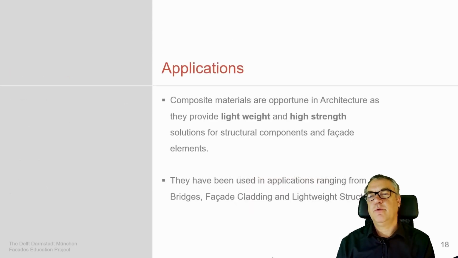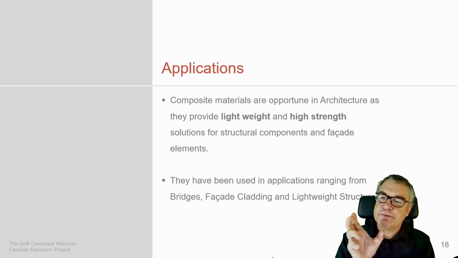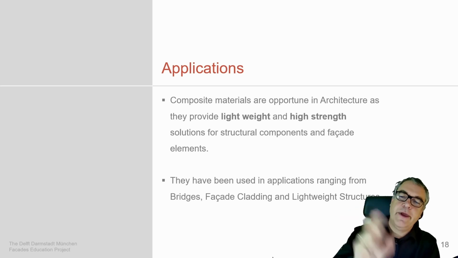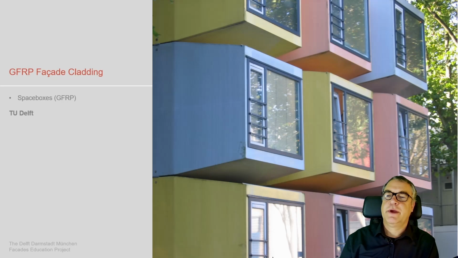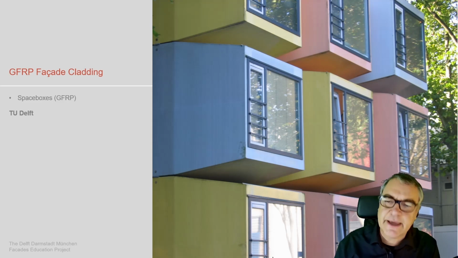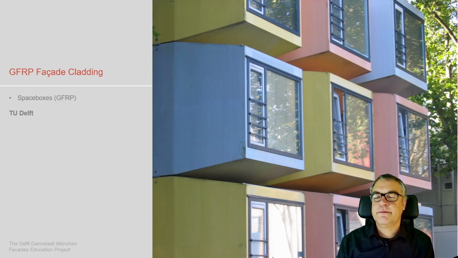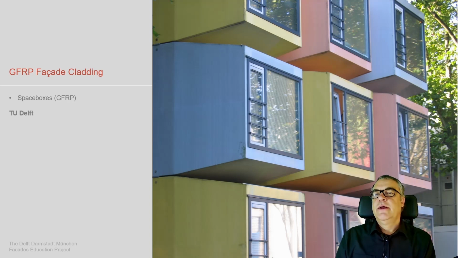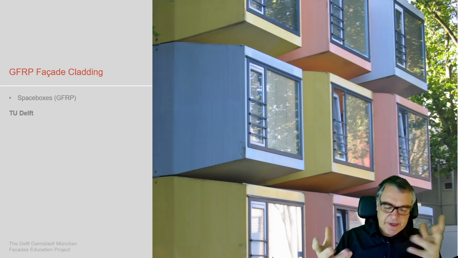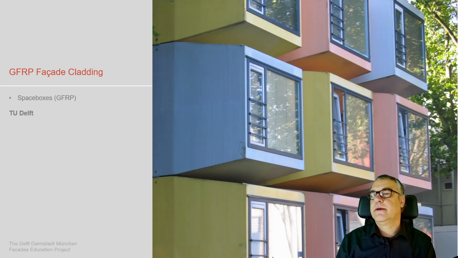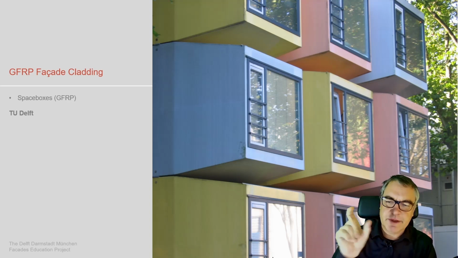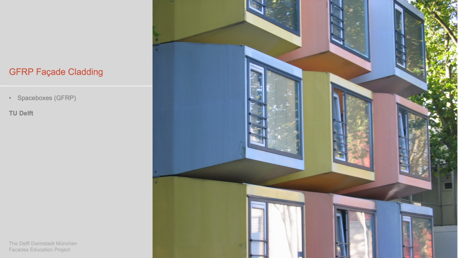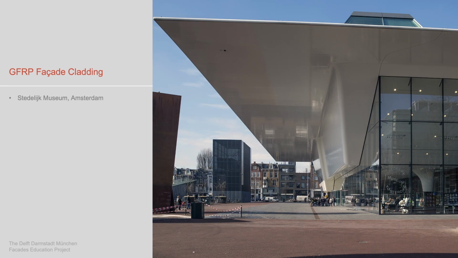Application: lightweight, high strength, so very specialized and very oriented structures, which we can imagine. This is space boxes, glass fiber reinforced plastic at TU Delft. You see the shape, you also see the molding shape to allow the molded part to be taken out of the object. It's a GFRP surface with some insulation and a sandwich structure, or this one, a GFRP with coating and outer surface coating.